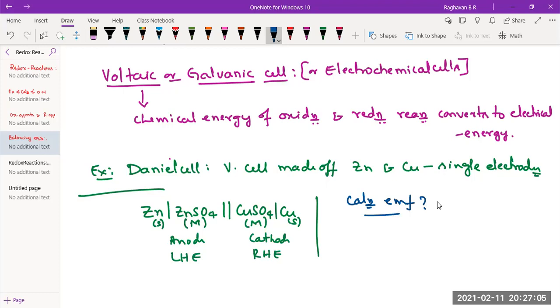The E cell is equal to E of cathode minus E of anode. So E cell means cell potential, EMF. E cathode means it is the single electrode potential of the cathode, which is the reduction potential. E anode means it is the reduction potential of the anode. For the Daniell cell,